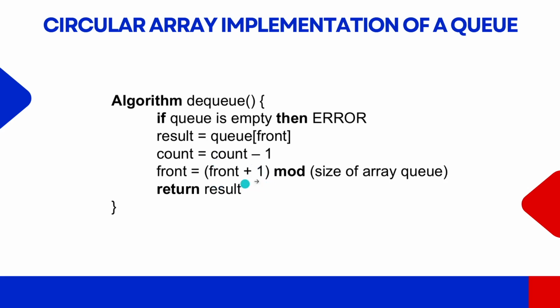But while advancing the front pointer, we don't stop with just advancing, rather we check whether front also exceeds the maximum array limits, and if it is about to cross, then we wrap the front back to the 0th position, and so we have added this mod size of array there. And finally, we will be returning the element that is to be deleted. So, this is how we do